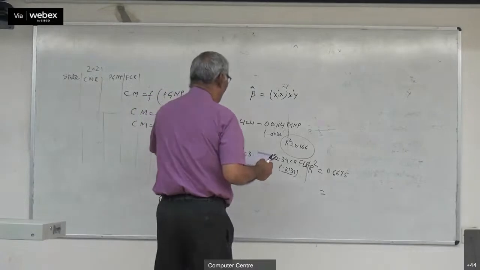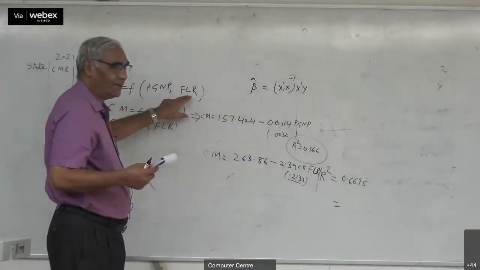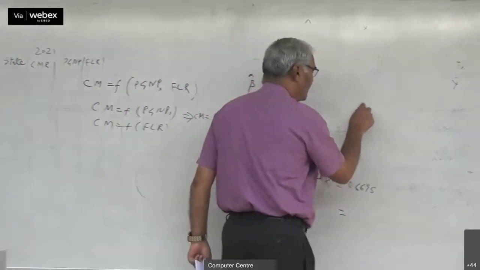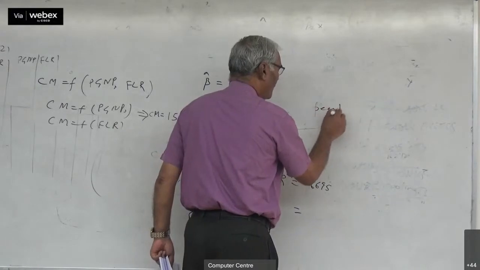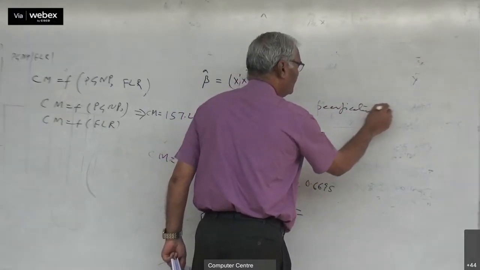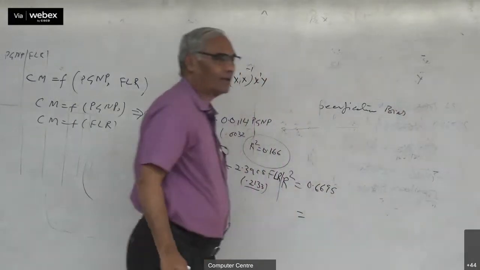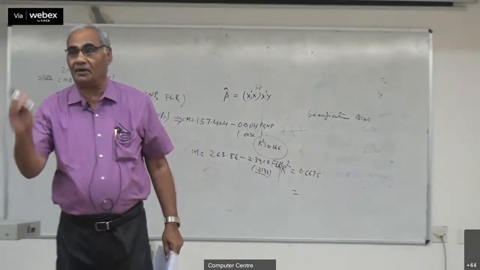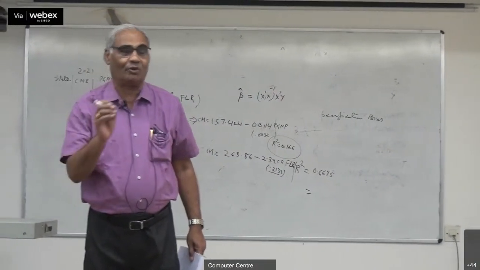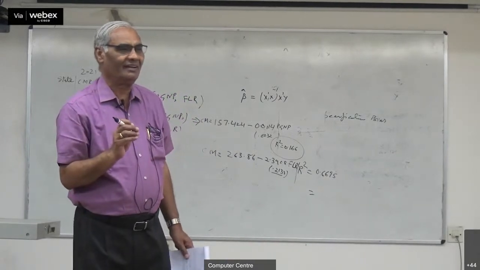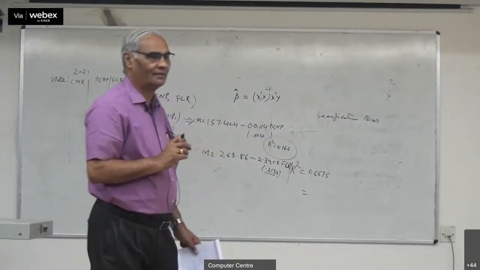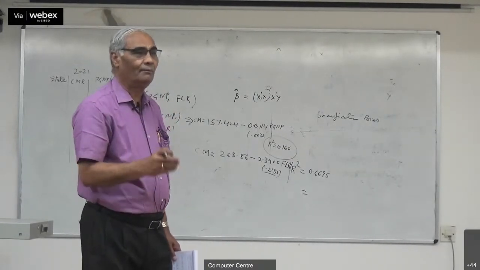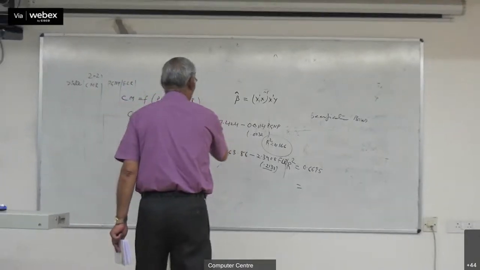Now, we know that both are important variables and still we are doing simple linear regression, then we are creating a problem of specification bias. If you know that child mortality rate depends on two variables, but you are ignoring one of them, you are causing bias in the estimate. And that bias is known as specification bias. And this specification bias may be because you are ignoring some variable, maybe because you are taking a wrong assumption about